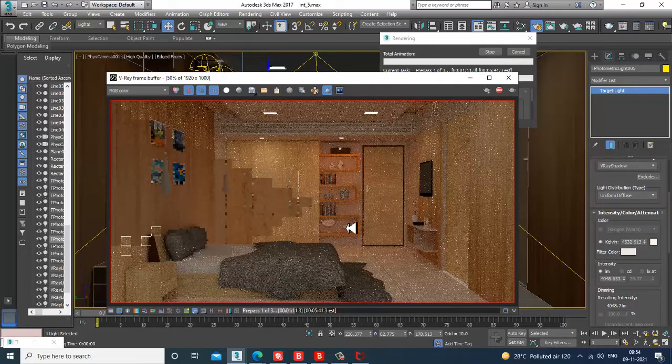So guys, if any doubts, please put them in the comment section. We'll continue this part in the coming tutorial. I'll show you a few more things over here, like some more light setup. We'll be adding some HDRI also over here.